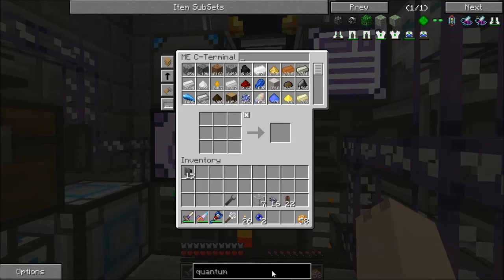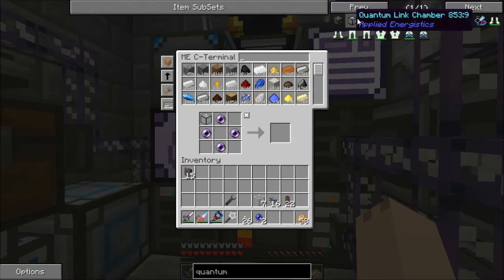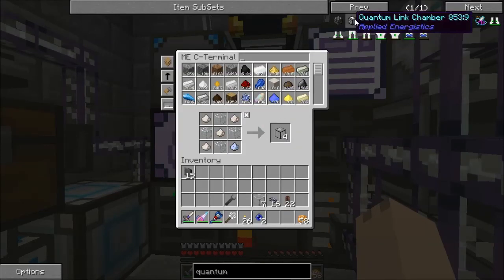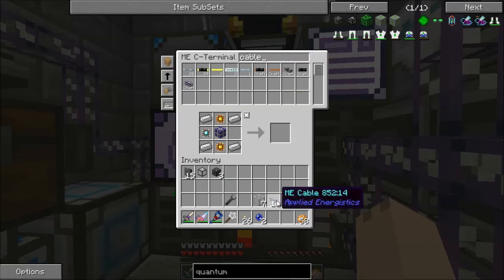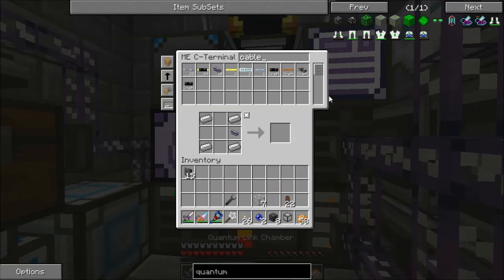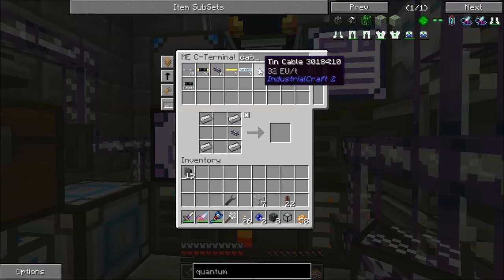Alright, let's get this thing rolling. So we're just going to make one side of this on camera, and then I'm going to make the rest of it off camera. So the first thing we need is that. Oh, I need some quartz glass. Alright, hold on here. That is easily remedied. So we have our quantum link chamber. And now we need 8 of these quantum field rings. And I'm out of ME cable again. No, I'm not. So there we go. I have my quantum field rings and my quantum link chamber. And while I'm at it, I'm going to need 16 and 8 again. Alright, so let's get...